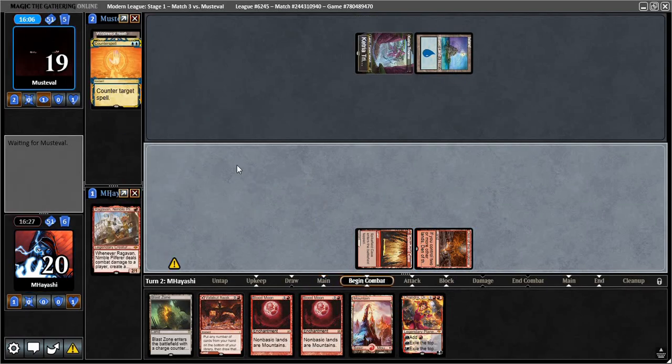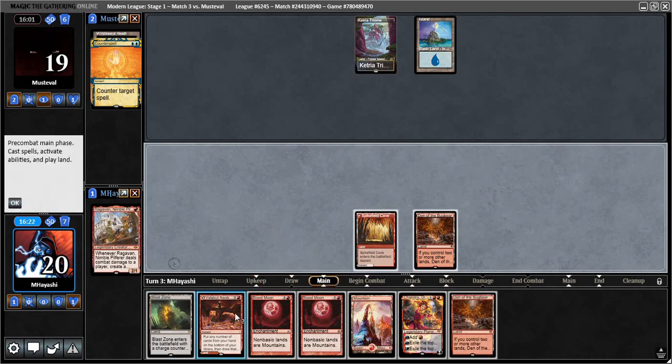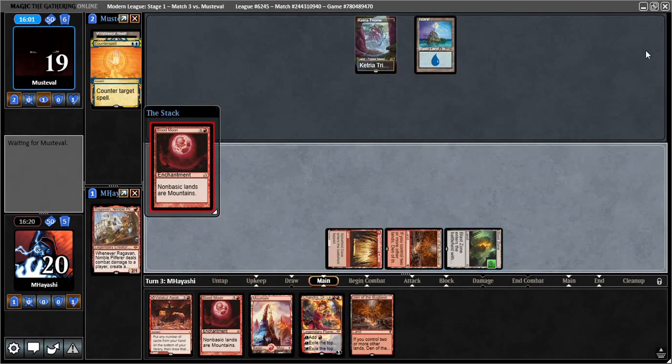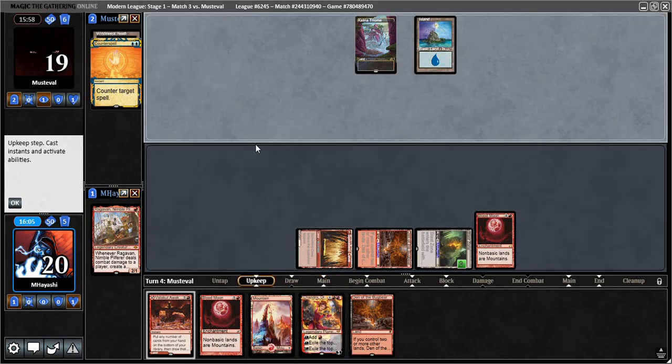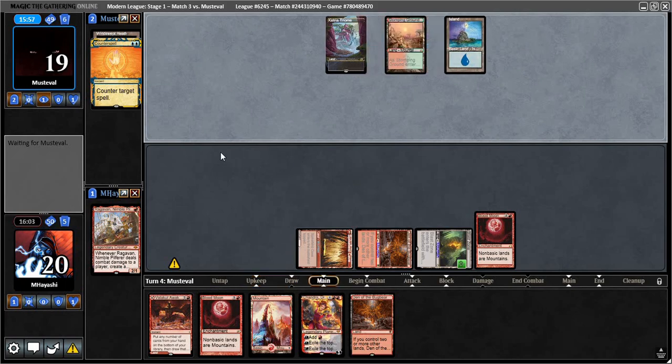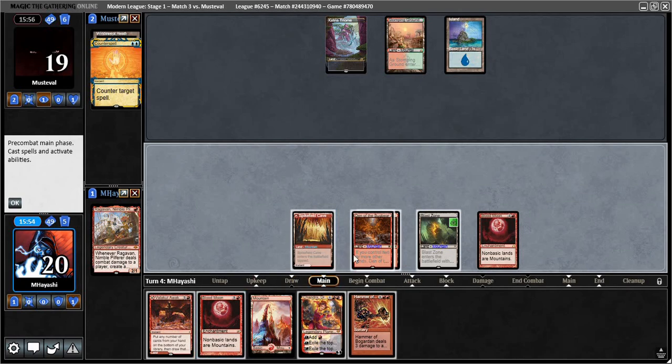Well, maybe this means Blood Moon sticks. Counterspell is such an annoying card. 1 second. Alrighty. So this, I think this puts us on the right track here. And they might play Aether Gust. I think let's...